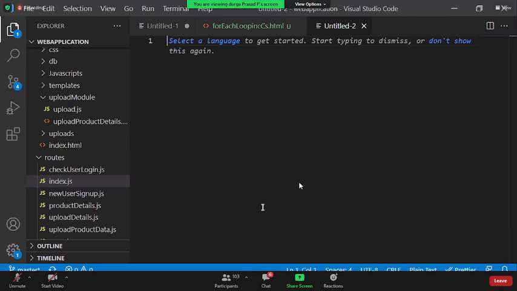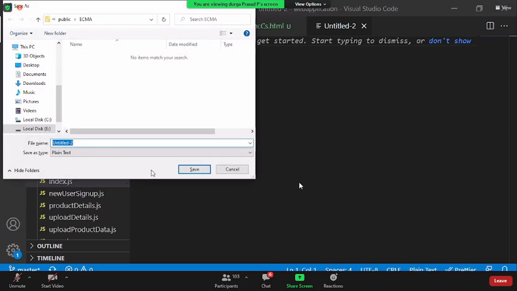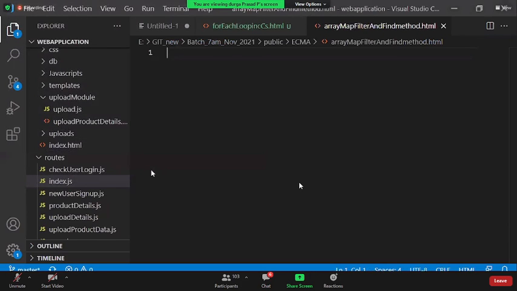Okay, so let us have a look at what the individual methods are actually doing. Array map, filter, and find method.html.